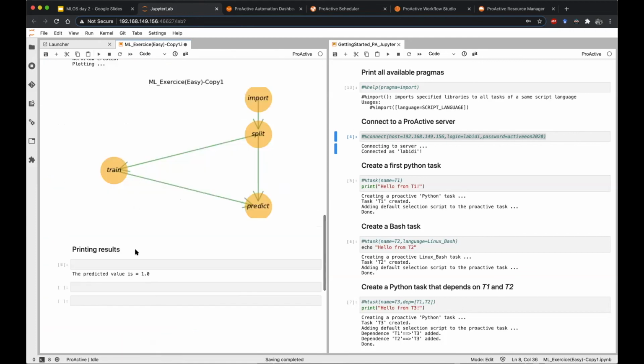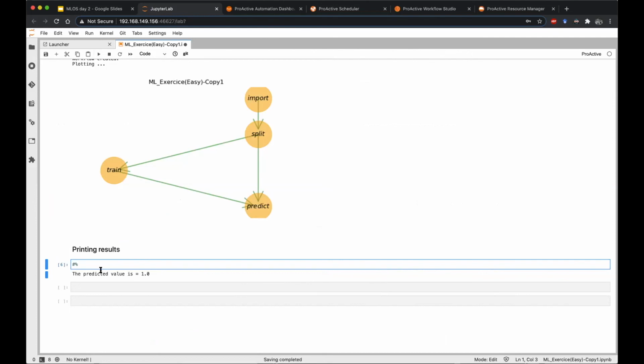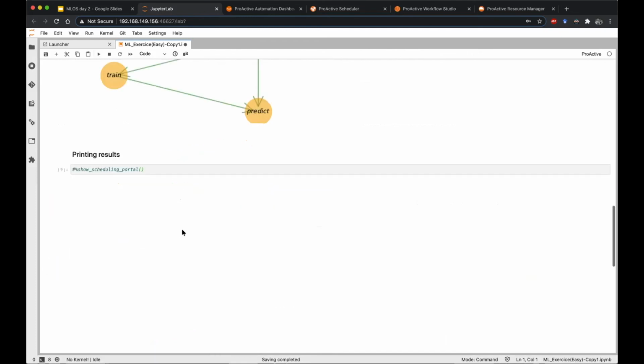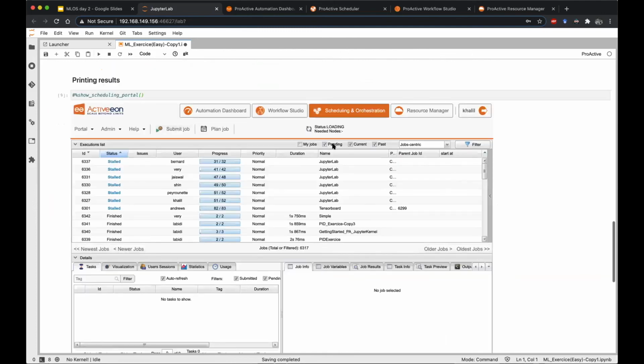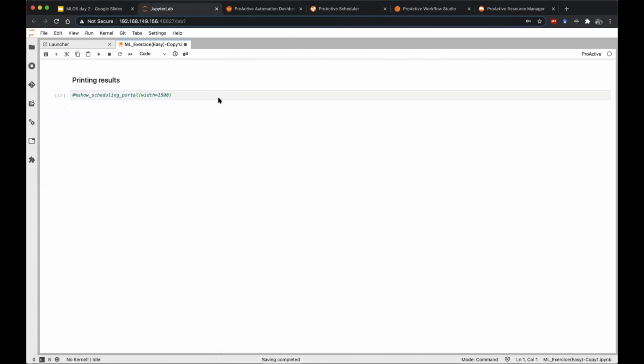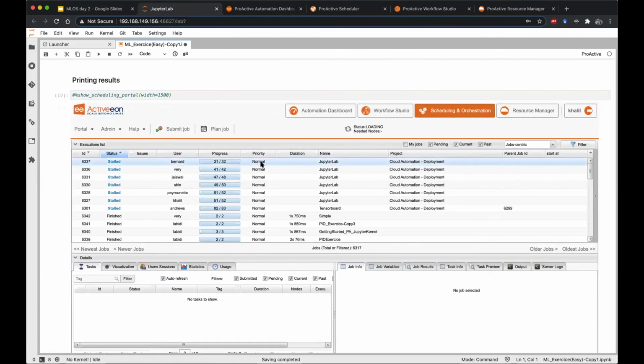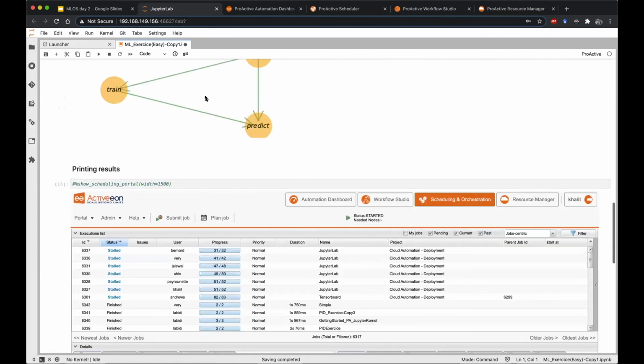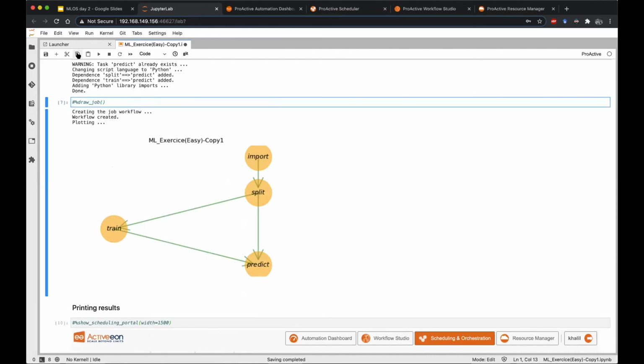We can submit the workflow. I can show you. I can close this one. Nice. So now when I submit the workflow,